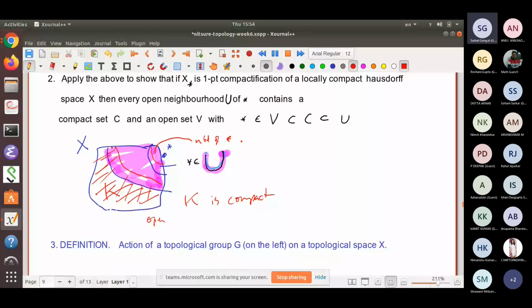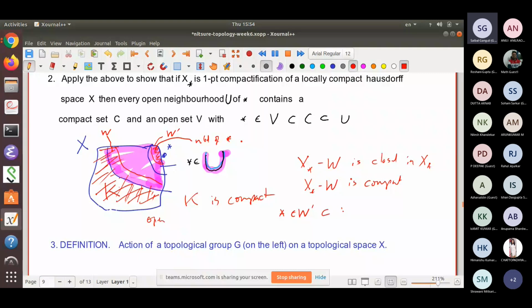So what does neighborhood of K mean? An open set containing K. So the complement of that is a compact set because X star is compact. If I take this open neighborhood W of K, then X star minus W is closed in X star. So X star minus W is compact. And this neighborhood is disjoint from this tiny neighborhood here, which I'll call W prime. And so I have achieved my desired thing, that star belongs to W prime,